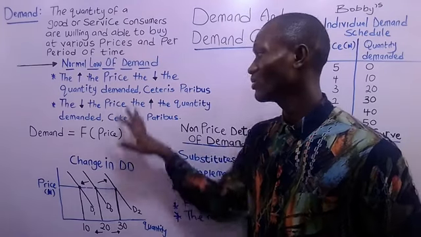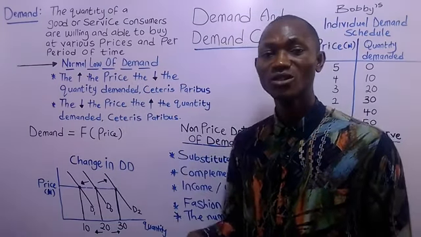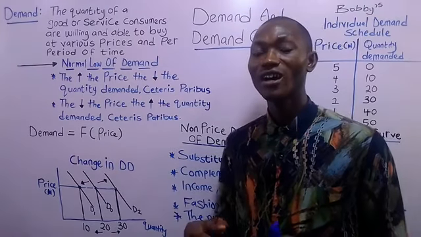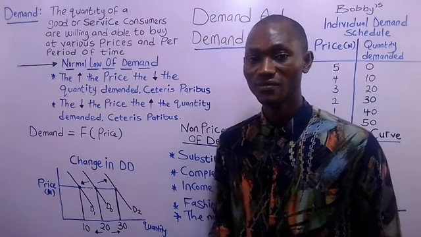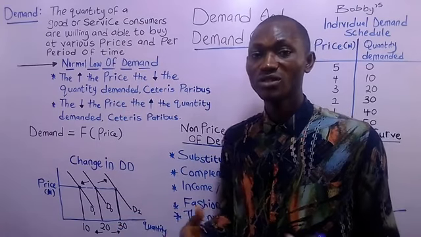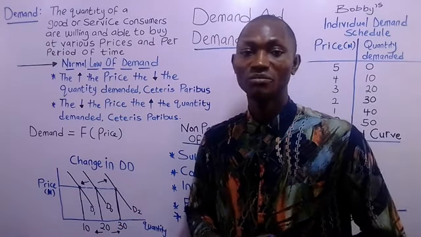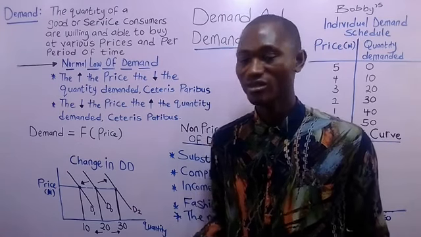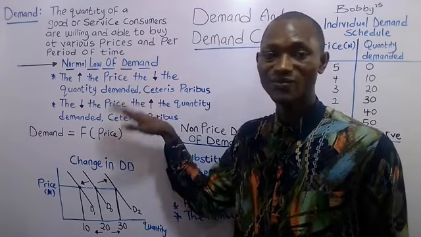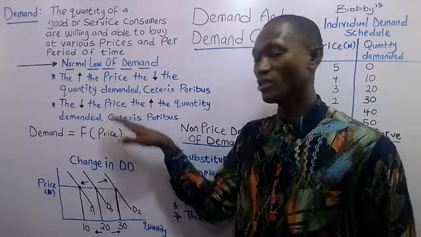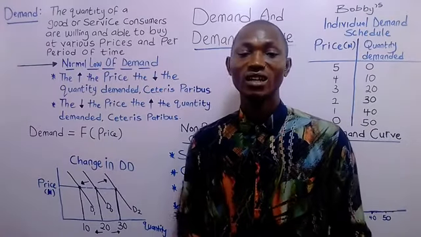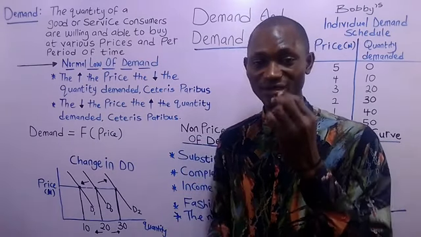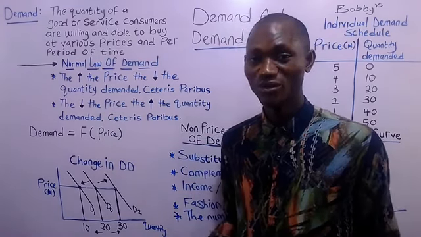So this law basically is actually drawn for the poor in the society because the poor are price sensitive. Although the rich can buy at any given price of a commodity, because this law is not for the rich, it's for the poor. Because the rich can afford to buy any given commodity at any given prices because they have money and wealth.